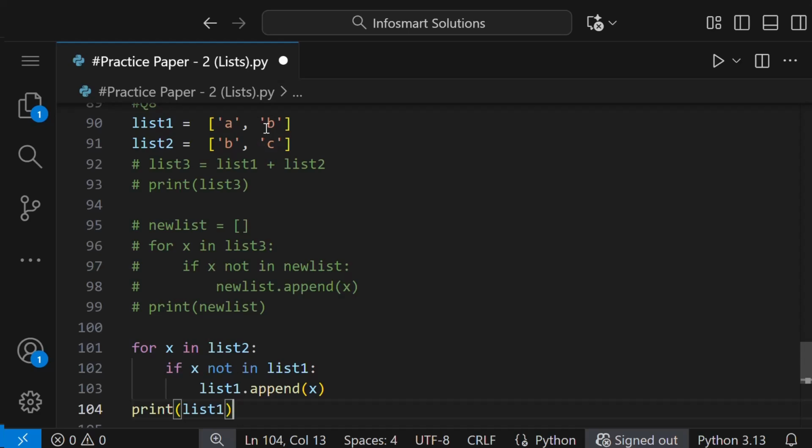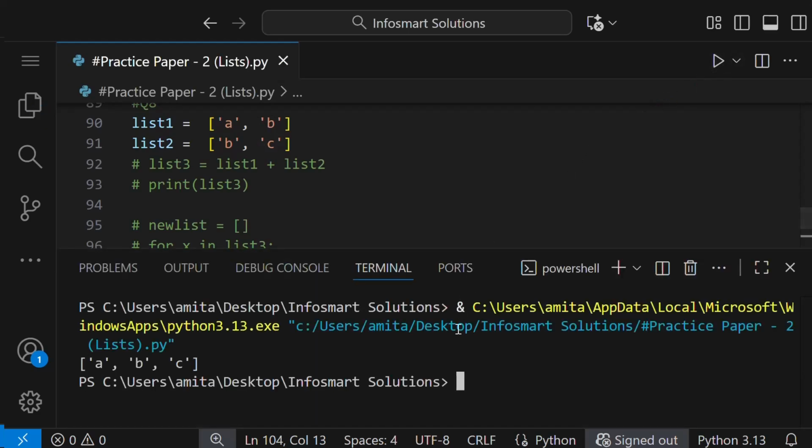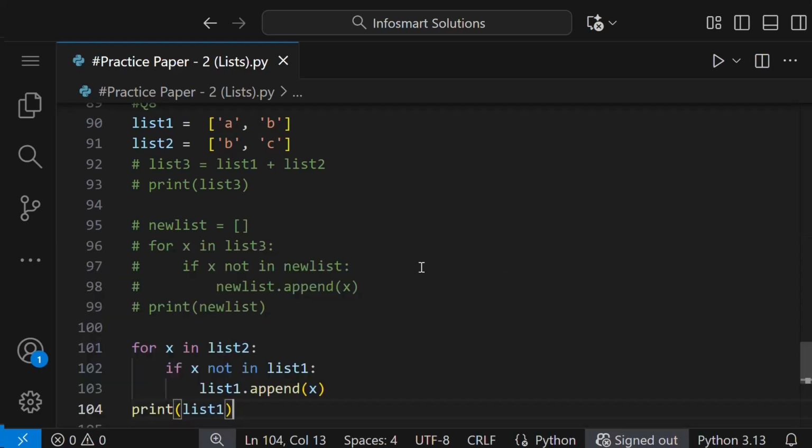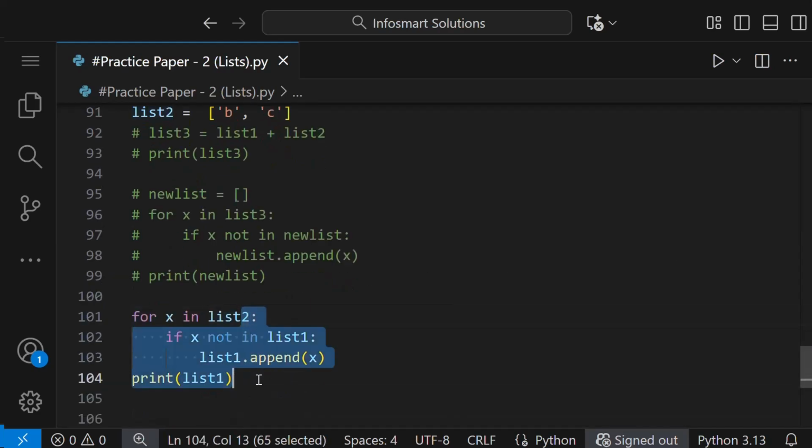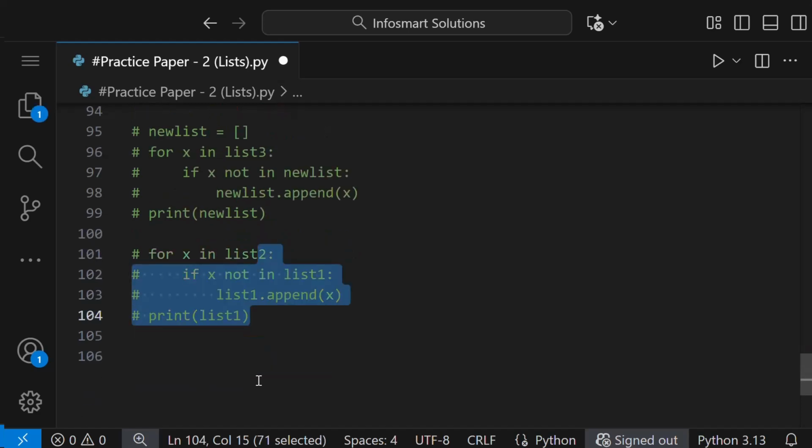Those elements are added in list 1 and then we are printing list 1. So you can see the correct answer is printed. Now a better way of doing this code is